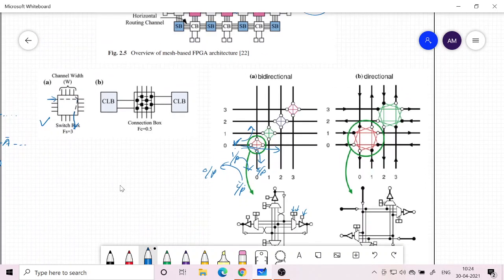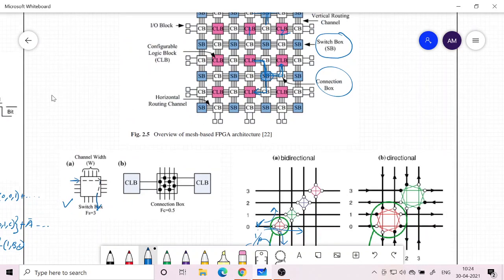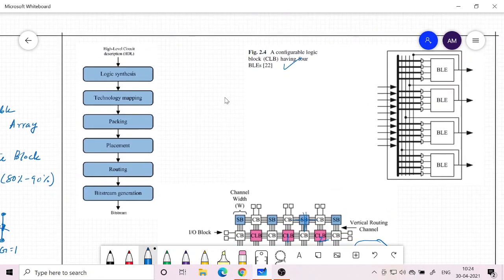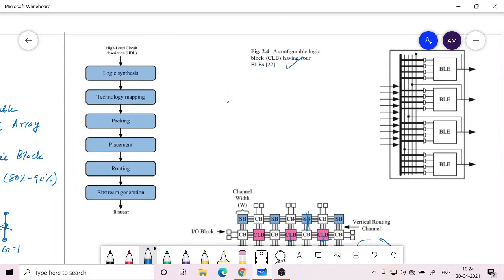So in short, I want to conclude with the steps involved in designing or making a circuit inside an FPGA chip. First of all, you write the Verilog or VHDL code, which you started doing, and we will continue to do more of that. Then the next step is logic synthesis. The logic synthesis will generate the logical gate level netlist.